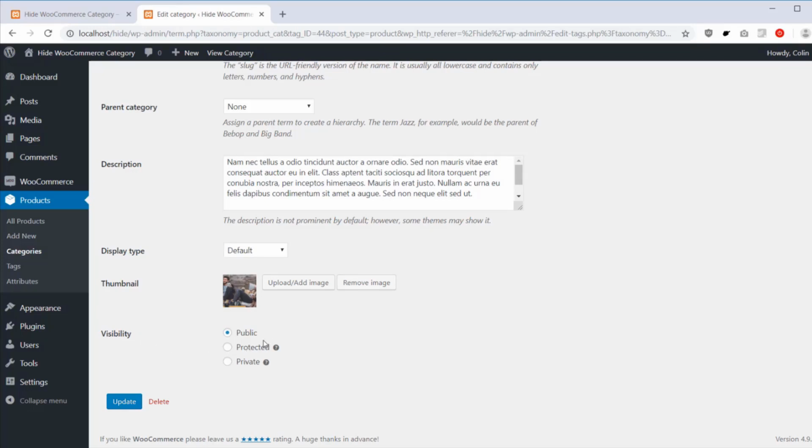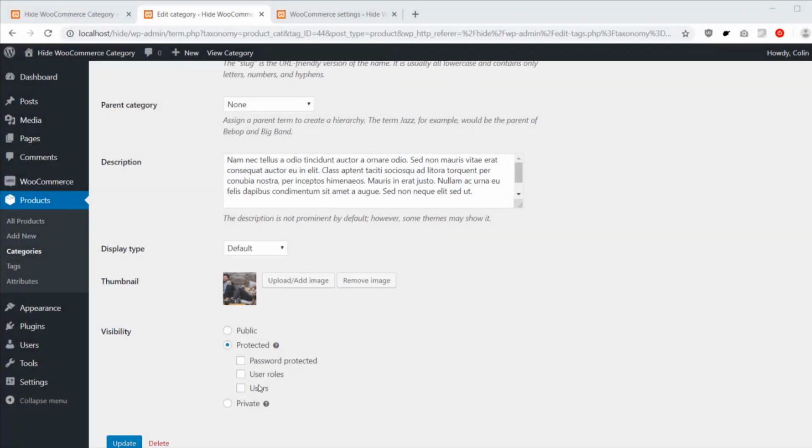So you can see you have options for protected and private. And if you click on protected, you'll actually see these more options: password protected, user roles, users. So basically these are the two ways. You can either password protect it or you can automatically unhide it based on user role or users. So let's do an example with password protection first, and then I'll show you how the user role or user